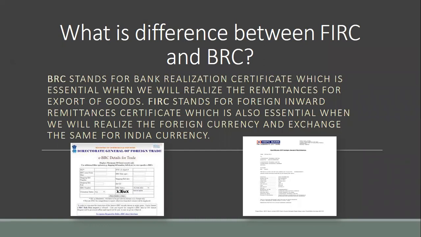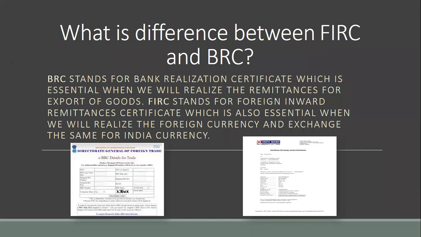FIRC means that the bank is asking you to submit the proof of export in respect of this payment. So the Foreign Inward Remittance Certificate is also like a BRC, but the BRC is reconciled with the